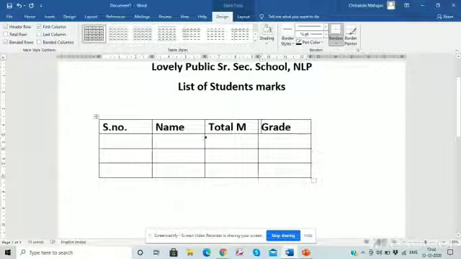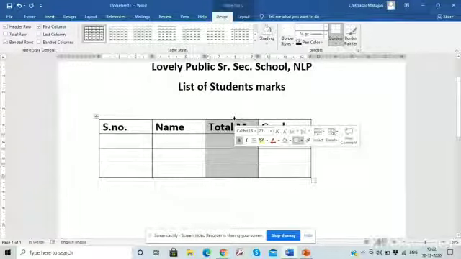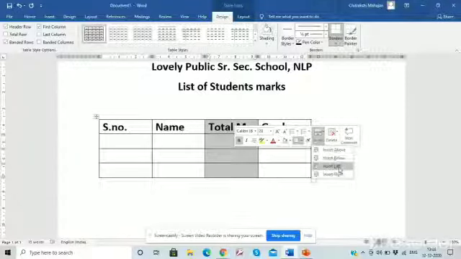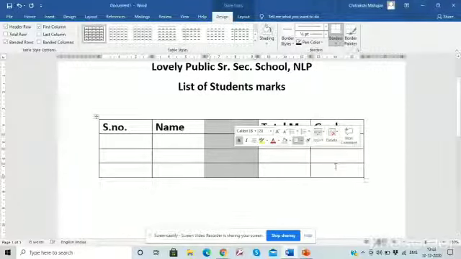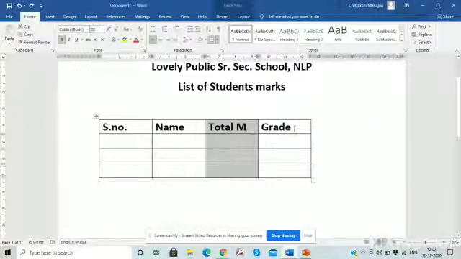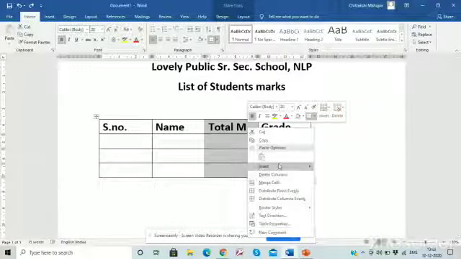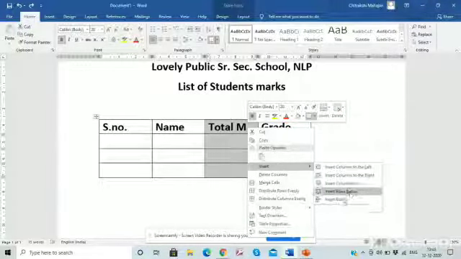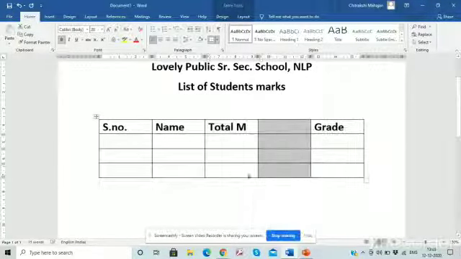Okay, but after some time I realize no, I need it. I can again insert the column by right clicking on it and choosing the insert option. It will ask me insert कहाँ करना है. I just click on the left side पे, तो left side पे column आ जाएगा. If I click on the right, it will come on the right. I will show you. If I click on insert column to the right, it will come into the right. Okay, I can again give the heading percent here.